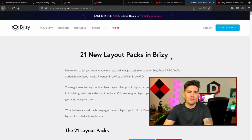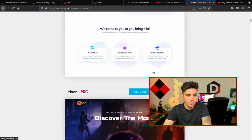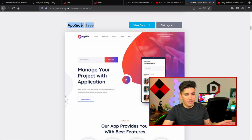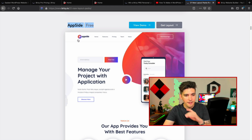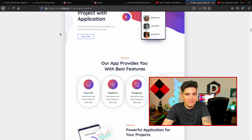They recently introduced 21 new landing templates last month, and 7 of them are free. They do have a lot of freebies for free users, so even if you're not a pro user, they do have tons of stuff. For example, they just created this app slide, and I'll just throw it out there. I think Brizy probably has the best designers in the market. I really like their designers. I think that whenever they introduce a template, it's always something practical. Like, I could use this on a website. There are other page builders that have questionable templates, and I'm not going to throw any names out, but I think